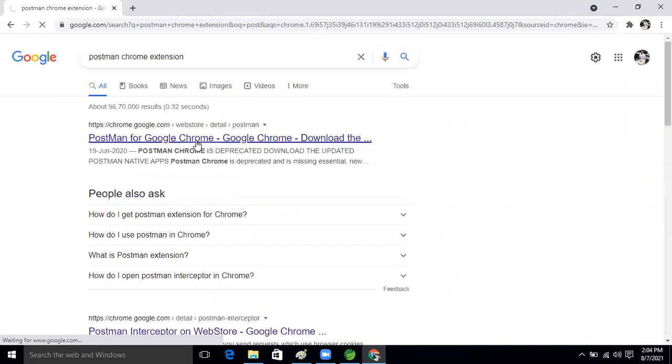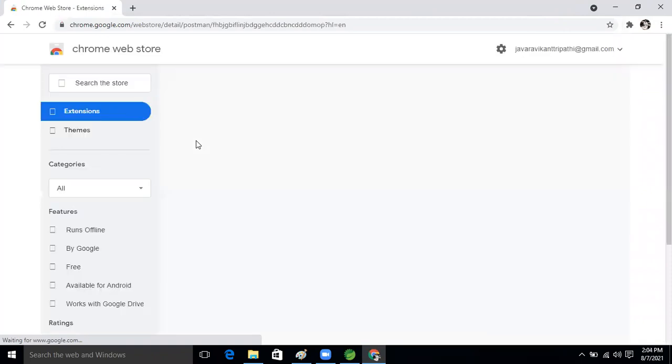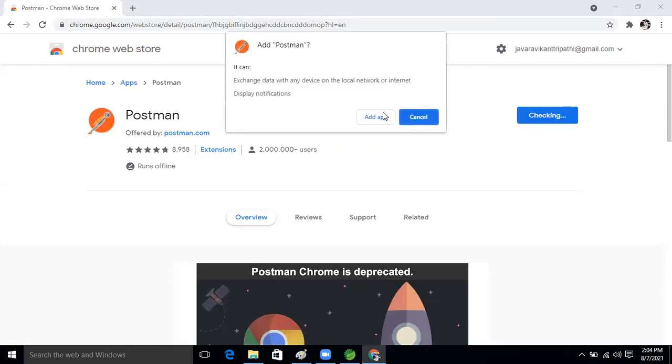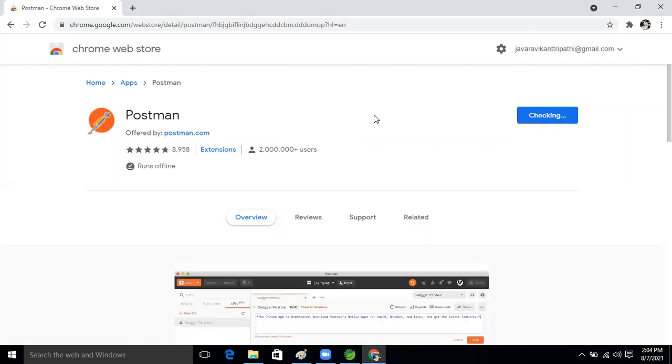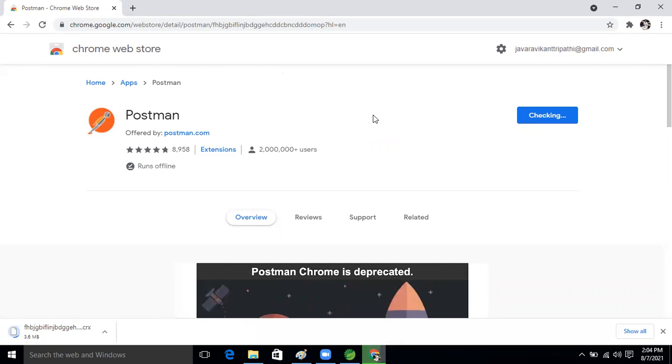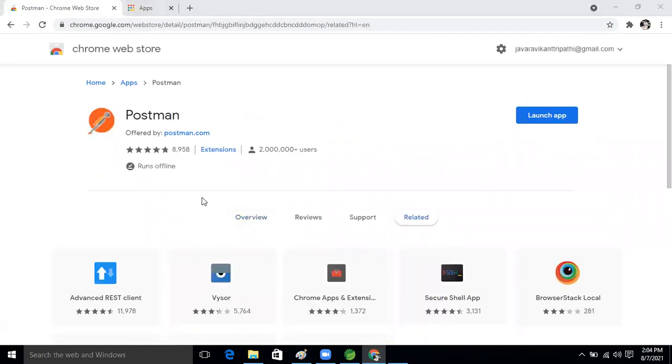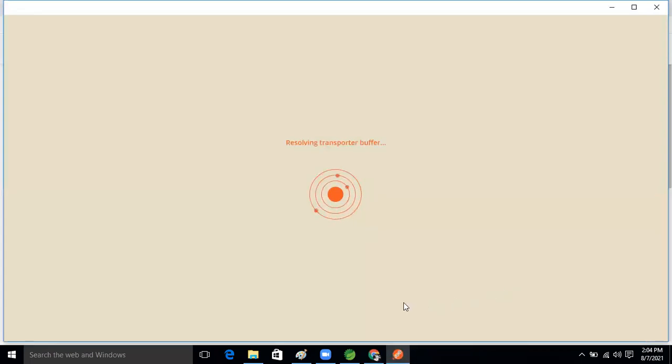Click on the first one. Add to Chrome now. Add the application. Yeah, here see this. It's added in our Chrome browser.